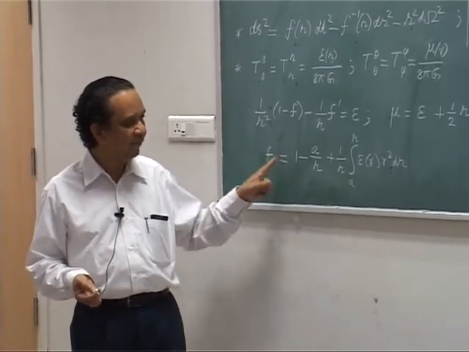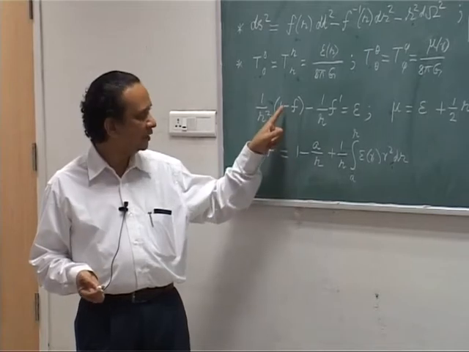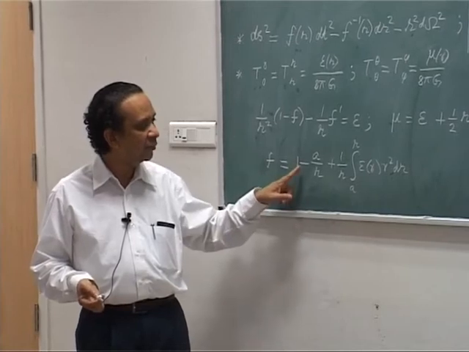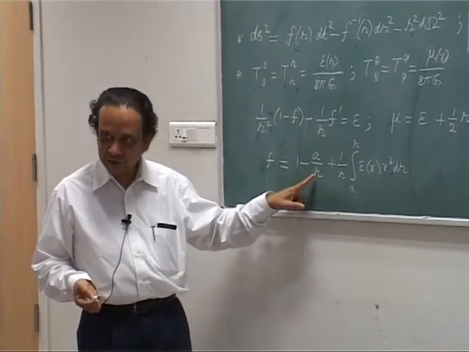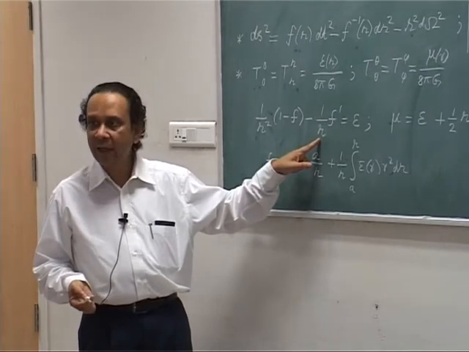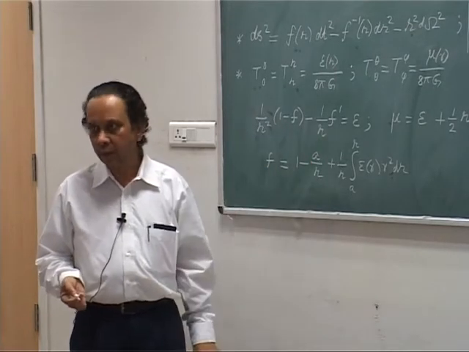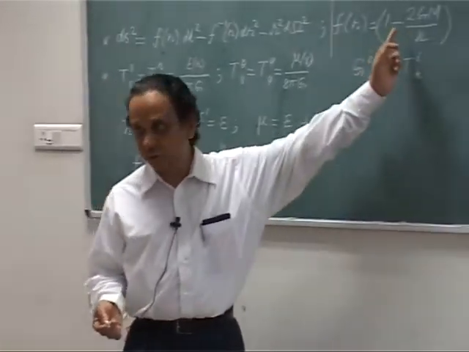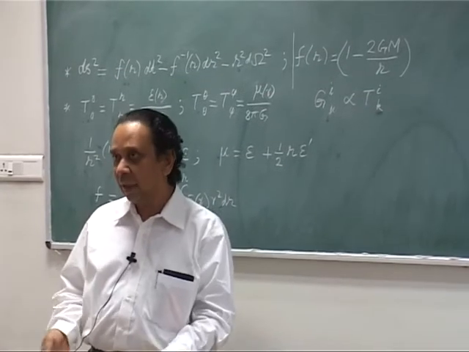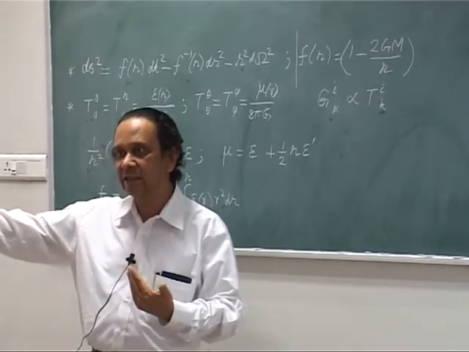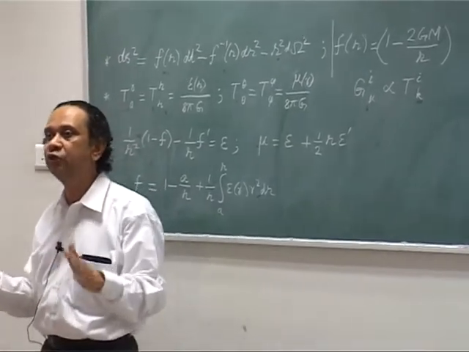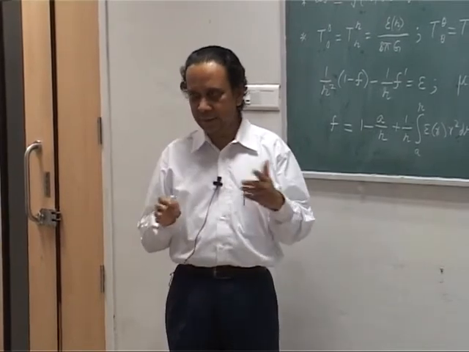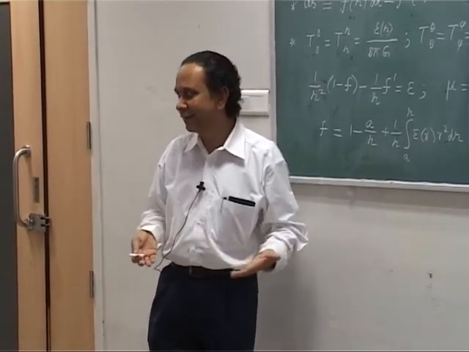If I take 1 minus f, you will get plus a by r, so it becomes a by r square, r cubed, and then f prime will give me a plus a by r square, which with this will become a by r cubed, they will cancel out. Therefore for epsilon equal to 0, you do get a consistent solution, and this is exactly the solution where you identify a with a constant. How do you determine the constant? You go to a very large distance and you say that the metric should have the form 1 plus 2 phi. That is how we determine the constant. If you are not with me, you should stop me, okay, because now is when we are getting into the machinery of Einstein's theory.